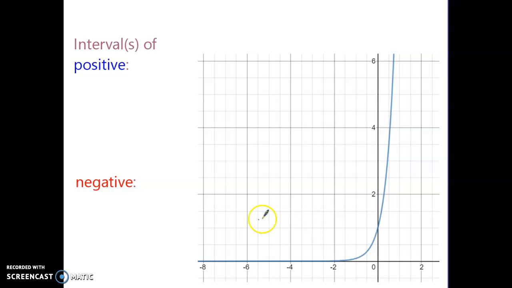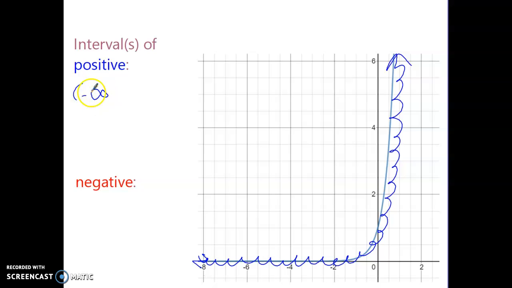So again, look at this part of the graph right here. It's not actually on the x-axis, it's actually above the x-axis. So when I go to color in blue all my parts that are above the x-axis, I'm going to color this even though it looks like it's sitting on the x-axis. Arrows on both ends. So the intervals for positive, in this case, are negative infinity, because it's going on and on forever left, and positive infinity, because it's going on and on forever right, and there's no jumps and there's